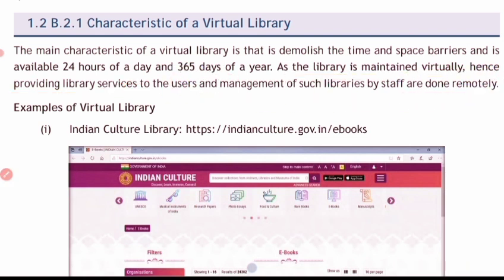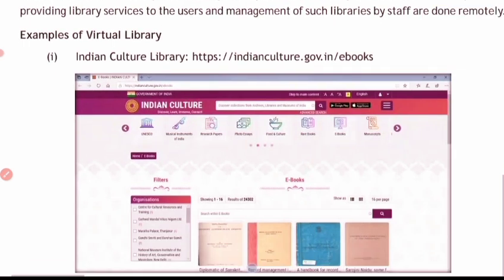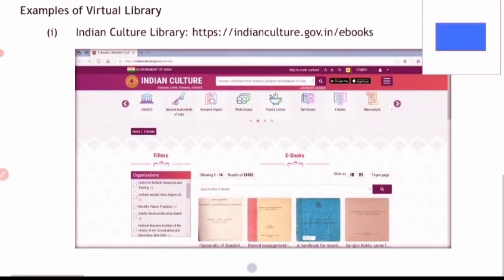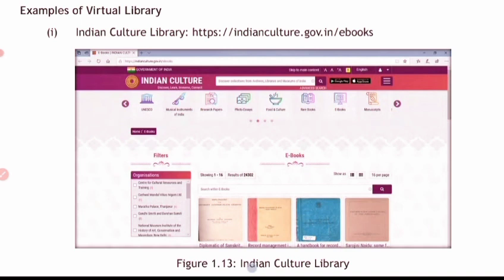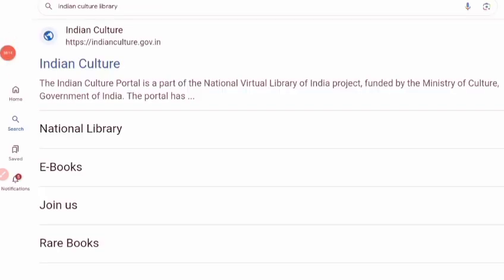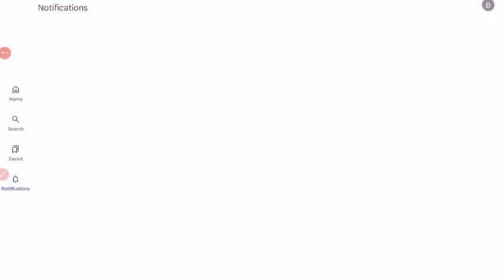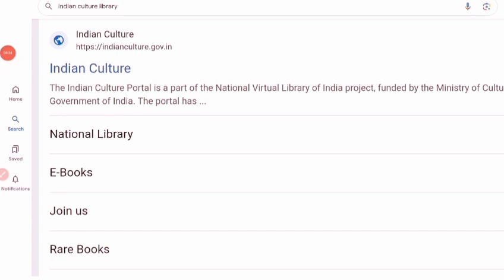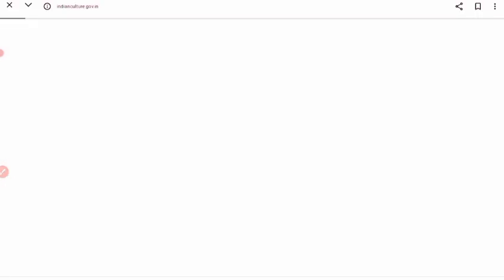A few examples are like the Indian Culture Library. Indian Culture Library is one example of a virtual library. So you can have a look. I have searched Indian Culture Library here, and now I'll click on this portal.